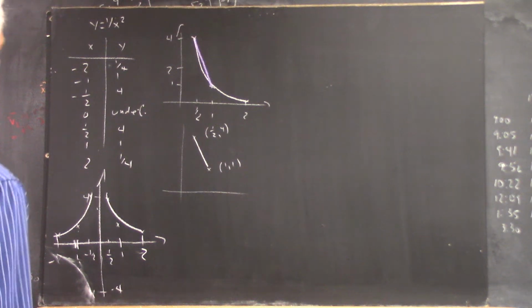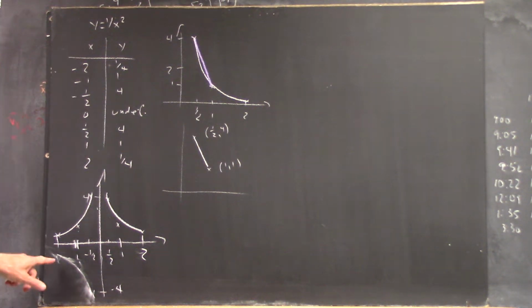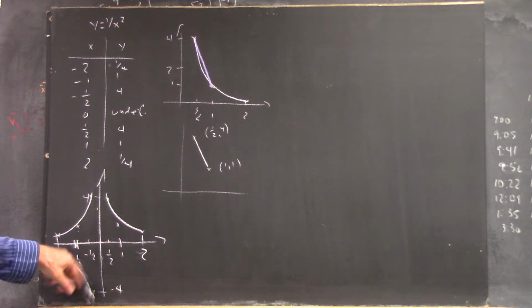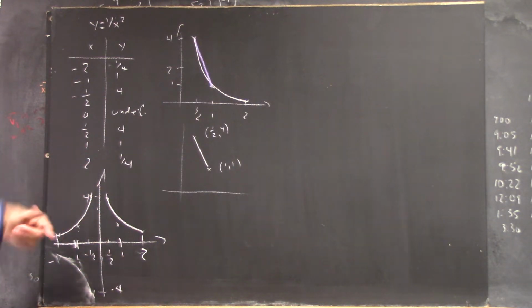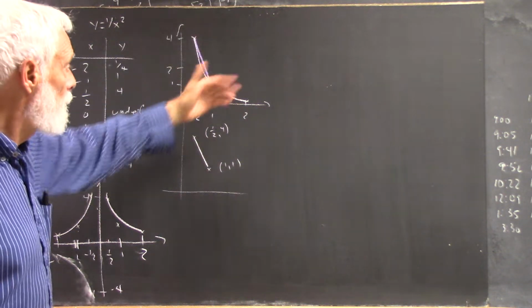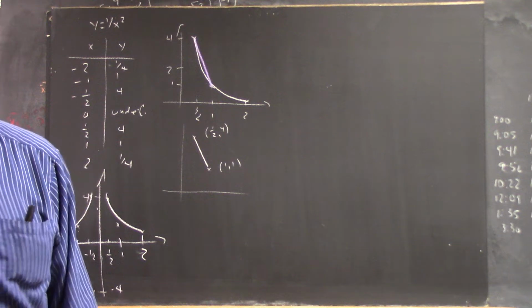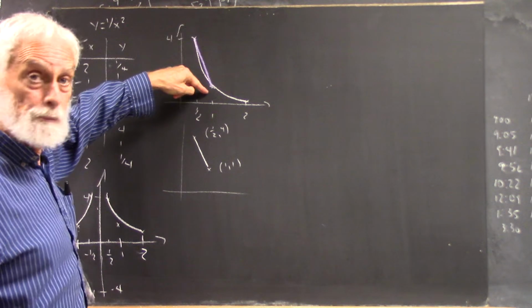Okay, we've very quickly constructed a graph of y equals 1 over x squared. You see I messed up. I pretended to make a mistake, without thinking. Anyhow, here's the graph. Everybody knows how to construct it. So over here is the graph in the first quadrant, and we've asked for the slope between this point and